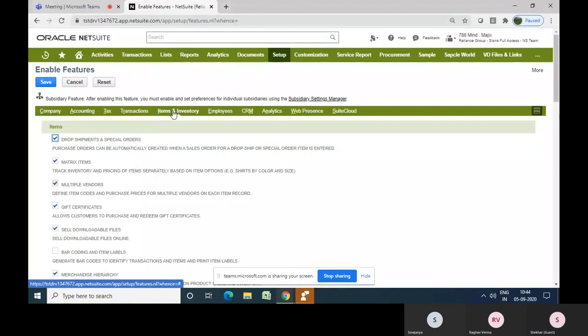Or, which example should I give? Okay, let's say you have your business, you deal in all the wood related products, for example, furniture, table, chair, all those kinds of things.